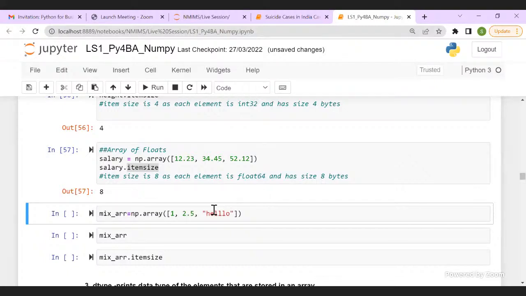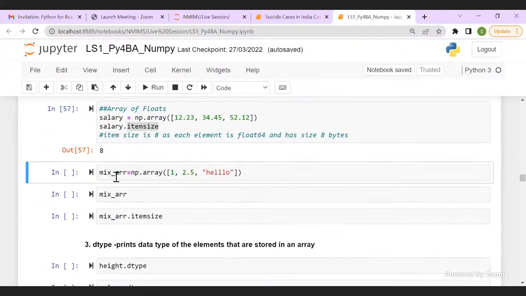Now, to simulate this question, I created an array of mixed data type. I have a list of an integer, a float, and a string. So when I execute it, what output should I be getting? Can I see some answers on chat? Manmeet is saying error, error, error. Okay, so everybody is expecting an error. Let me go ahead and execute it.